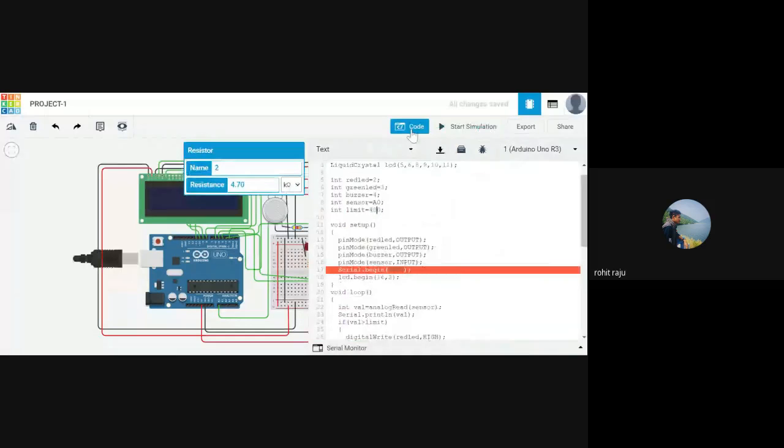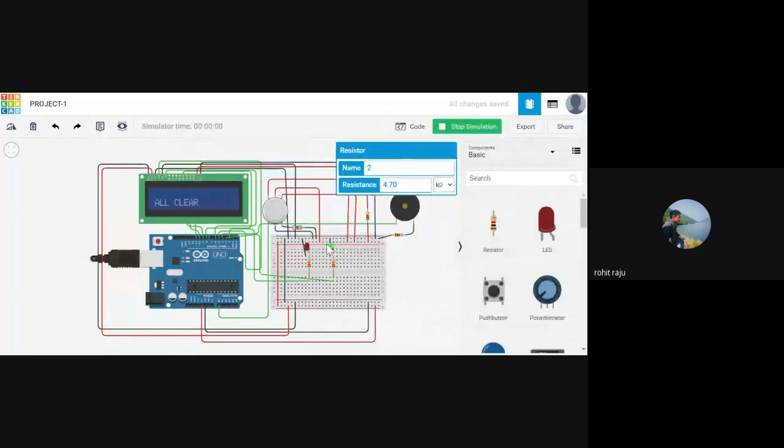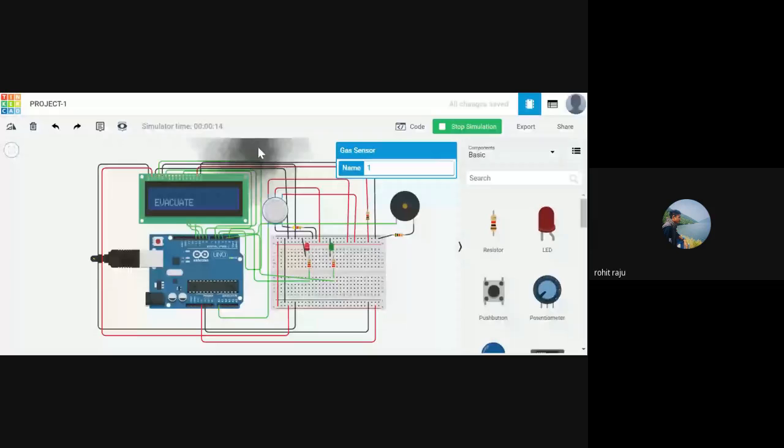So if I put in 300, it became too sensitive, I guess. So let me start the simulation. The LED glows green. We get safe and all clear. Now let's bring in some gas to it. But it says safe. So initially, when I switched on the simulation, the whole thing blew up. It says danger because it detected even the slightest. See, you have the small cloud touching the sensor, right? So when I get 300, this got alerted. So maybe the threshold should be more than 500 to make it work properly.